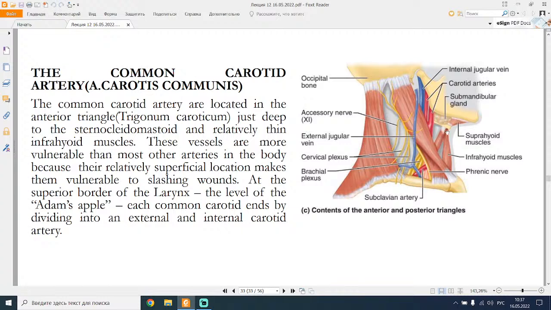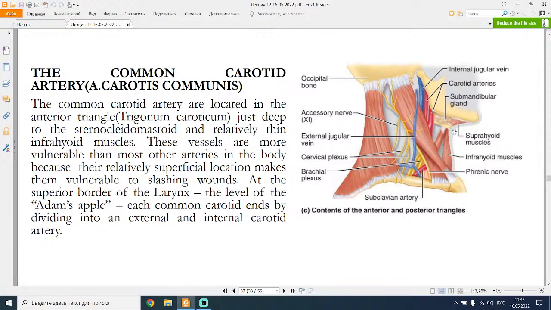These vessels are more vulnerable than most other arteries in the body because their relatively superficial location makes them vulnerable to slashing wounds. At the superior border of the larynx, the level of the Adam's apple,